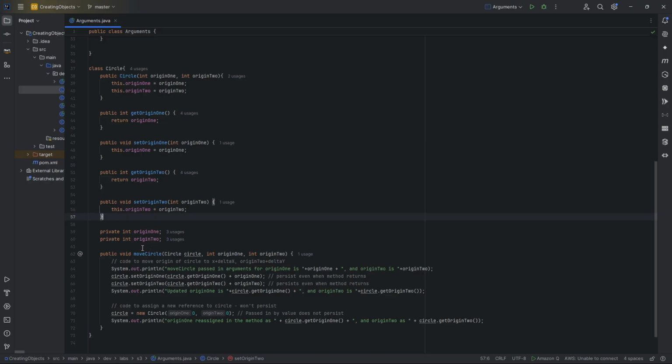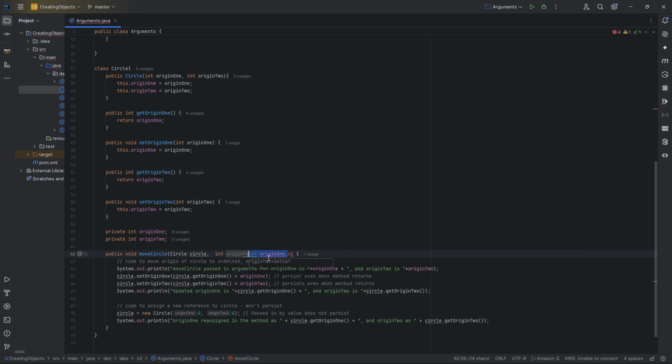Okay, so here we go. What is going on in the circle? There is a method moveCircle, and this method expects us to pass in an object of this class Circle, the blueprint Circle. Rather, the variable declaration here is Circle, and then two arguments, two integers. So going back to the main method where we are doing that,